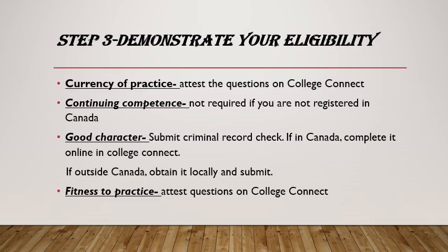Demonstrate your eligibility. For this, you need to complete the following steps. First is currency of practice. That means there will be a few questions on College Connect that you need to answer, and they will determine your currency of practice. Currency of practice is if you are currently working wherever you are registered, you are actively working, and usually they will count your number of hours from the date of application and going back 5 years. Like if we are in 2023, you need to go back 5 years, and within those 5 years you should have